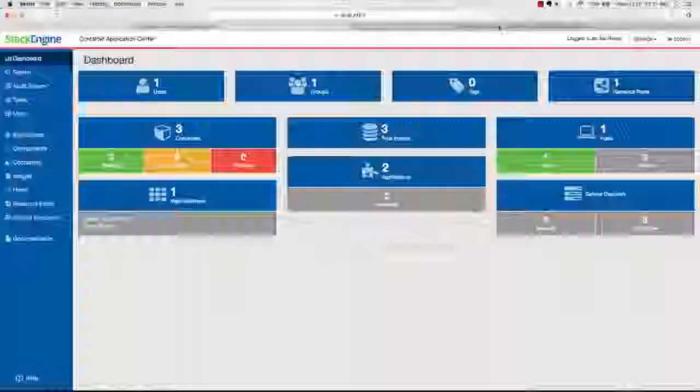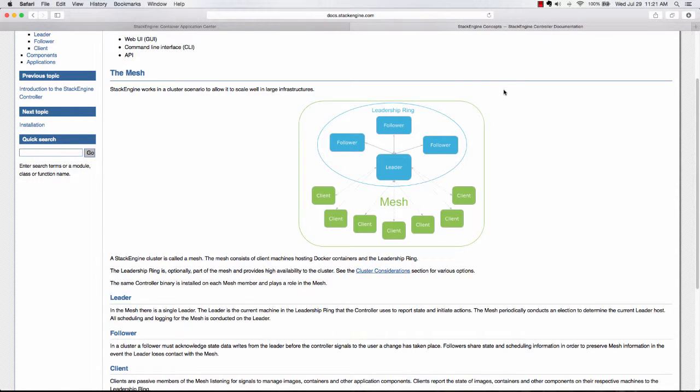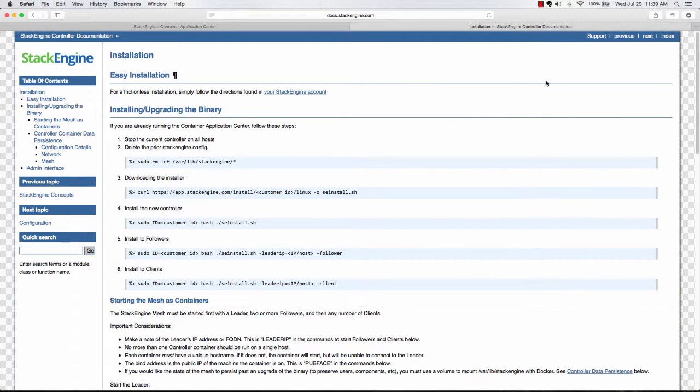The StackEngine control plane, or mesh, can be set up in a highly resilient configuration. Your initial installation of StackEngine likely created a leader controller on a single host. So-called followers can be set up for redundancy to take over in case of a leader failure. In this video, we'll walk through spinning up a new host and adding it to the mesh as a client for simplicity. If we browse over to the StackEngine installation instructions, we can see that there are instructions on how